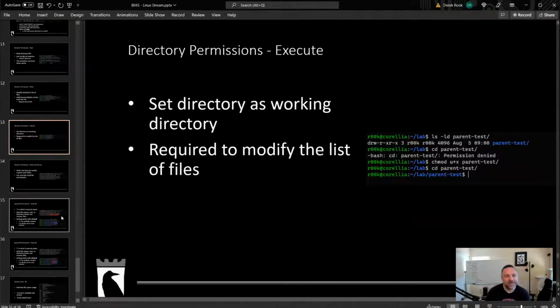Now, to get back to that fourth digit in the chmod stuff, there's an extra special one that comes with directories.